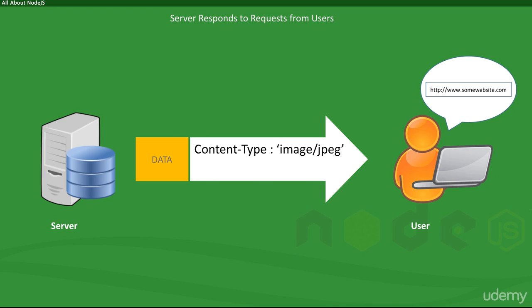The left part of this statement says content type, which signals the browser to take a note of what's coming next. The right part of the statement, after the colon, is where the server actually describes the kind of data that it is sending. So for a JPEG image, this would be image/JPEG. These are also called MIMEs or multi-purpose internet mail extensions,